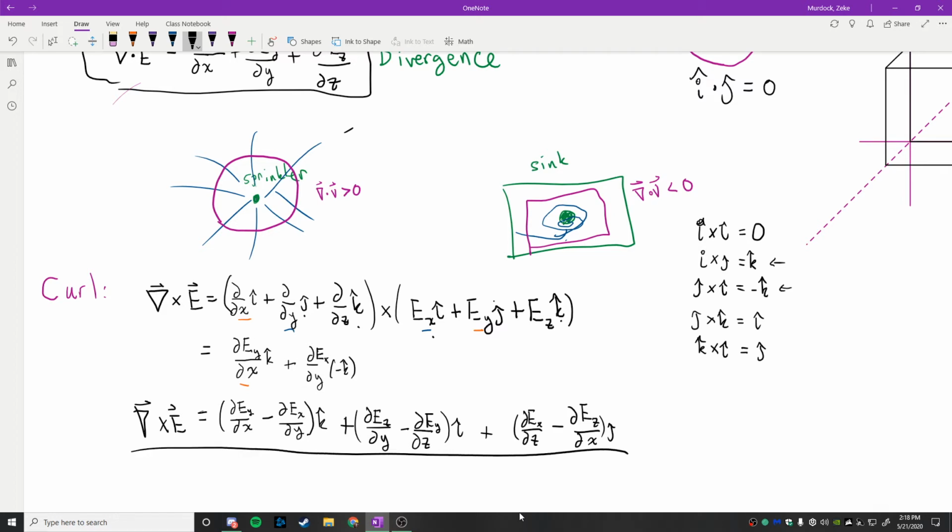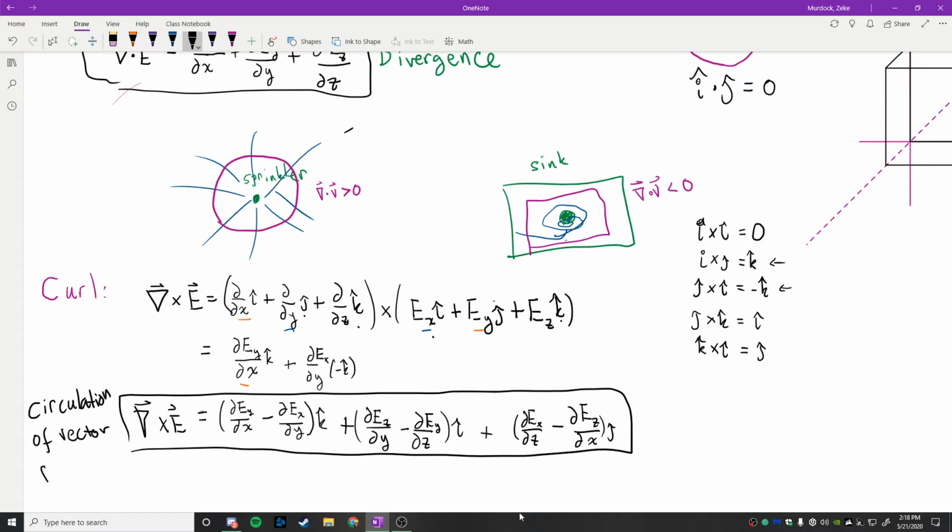This one represents what we call the circulation of the field per unit area. This basically represents the circulation of the vector fields per unit area. I'm not going to write that. This is not important. So it's the circulation of the vector fields per unit area. And one way in which people describe this is to say